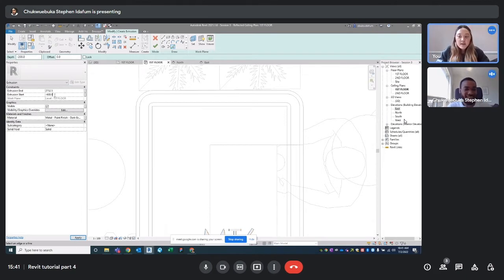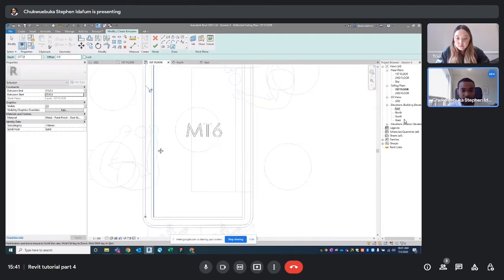2152.5. Okay. And what does this Extrusion start from? At 2530.4. Point. There's no point. Okay, we have to be precise. So now we just pick the inside lines. So pick this, and